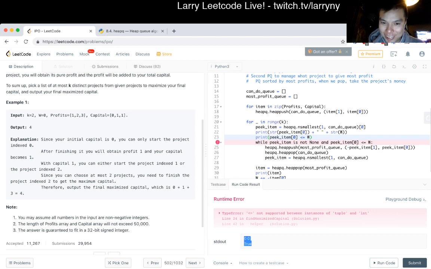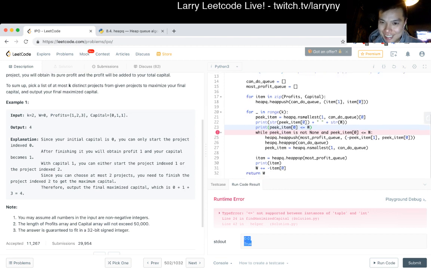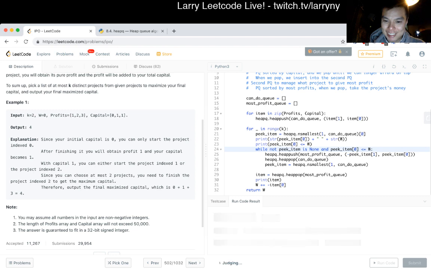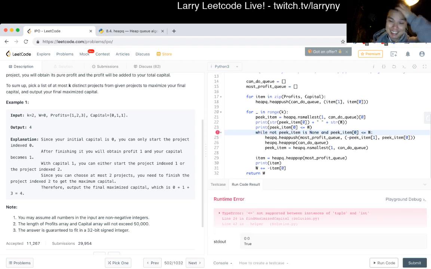Am I looking at the wrong line? What language was I using? Wow. Now I'm just confused because even the print returns true. Is this pointing at the right thing?